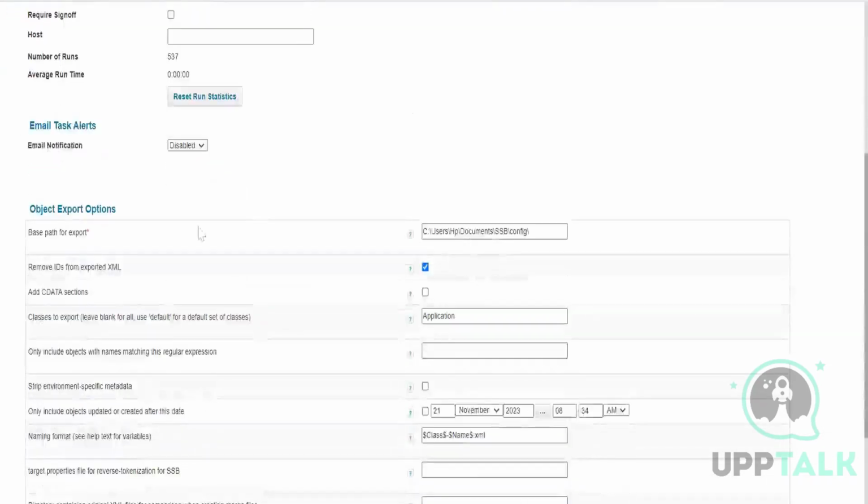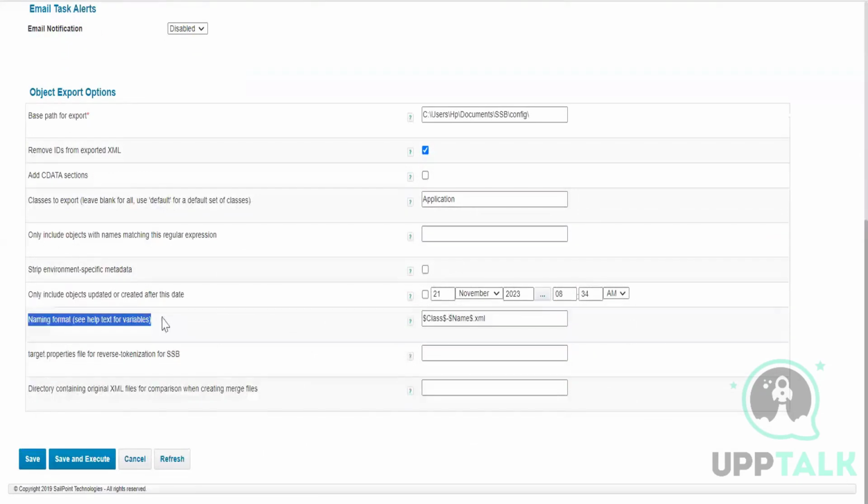See? Whatever object I'm going to export, it's going to store under this folder. So I want to remove all the ID values. I want to export all the application objects now. And this is the naming format of the file. First, the object type will be there, or you can call it classes, and then the object name in XML format. So instead of application, if I'm going to export rule, or maybe task definition today,